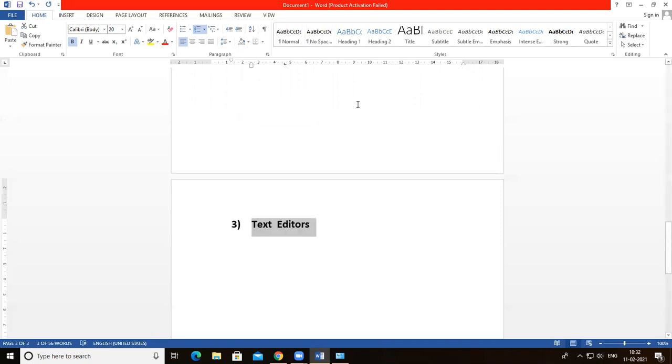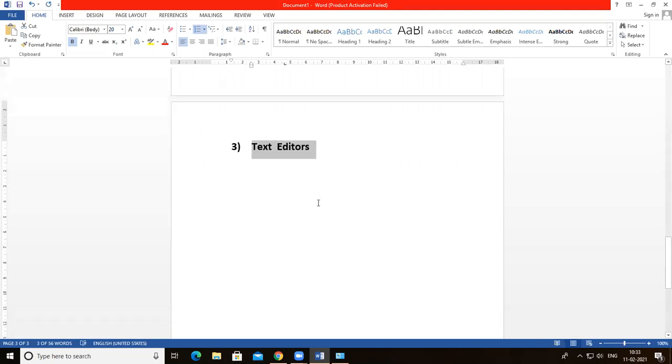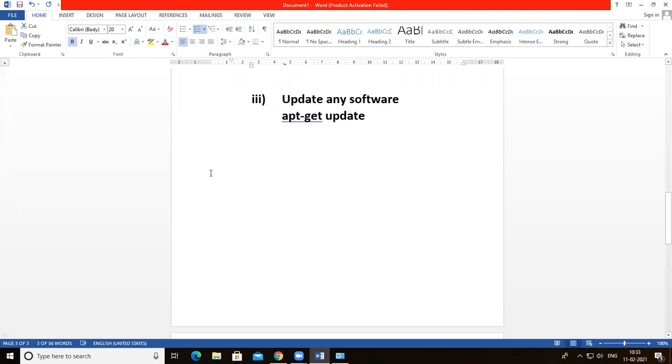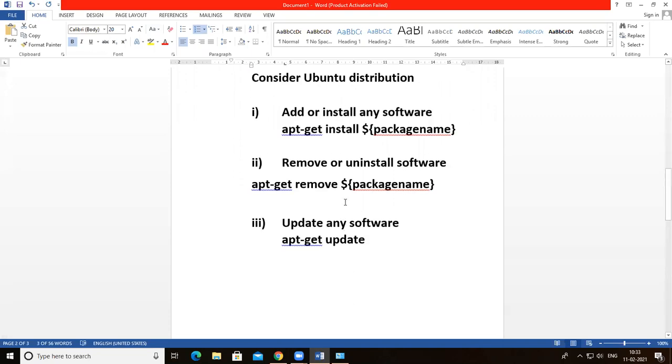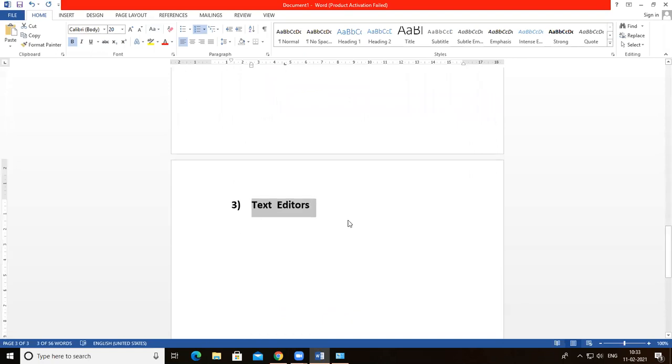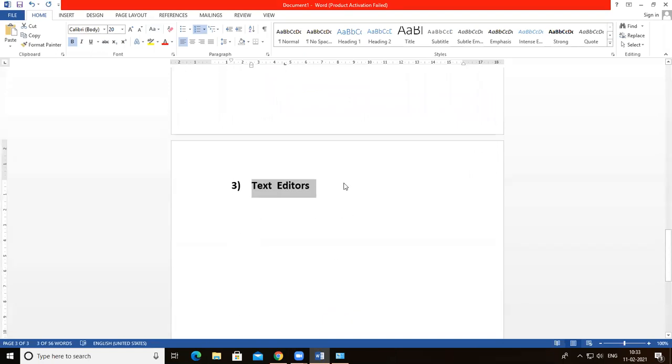Okay, so when I open this Word document, a Word document is also a text editor, but it is not available by default. It is downloaded and installed by the particular user. When I'm opening this document, it is blank and it has a particular length. This is one page, then another second page. When one page is completed, it goes to the next page. So like this, it provides an empty screen with a fixed length, fixed line length and visible line numbers.